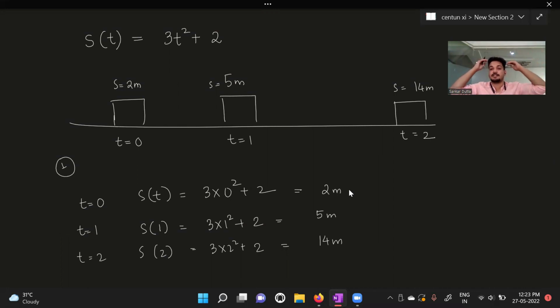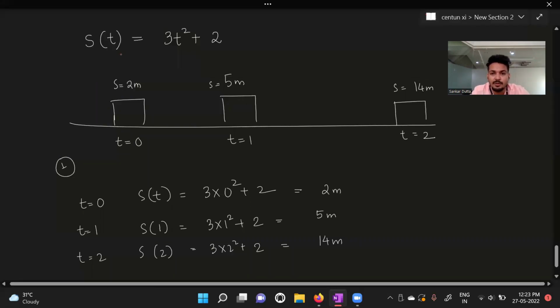First of all, if somebody asks you what is the velocity, what will you say? First of all, you have to define what time interval I want the velocity of, right? Do I want it at t is equal to 0, or at t is equal to 1, or at t is equal to 2? If somebody asks you what is the velocity of this body, you cannot tell, because